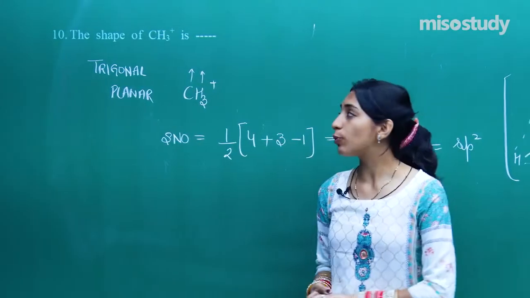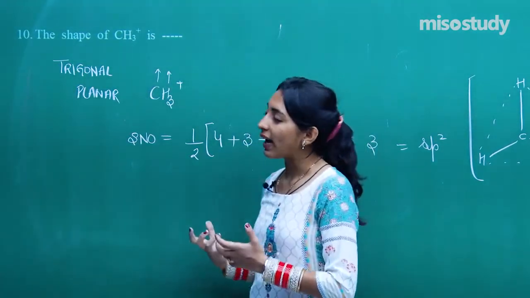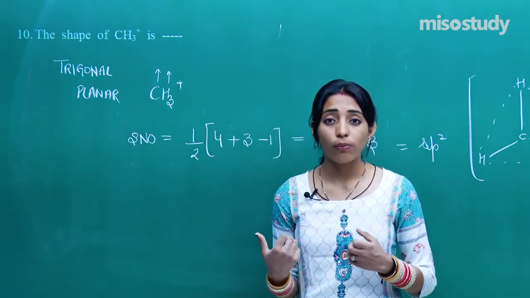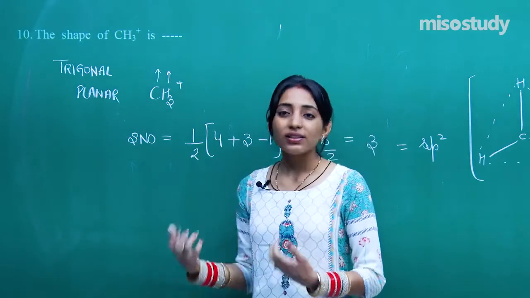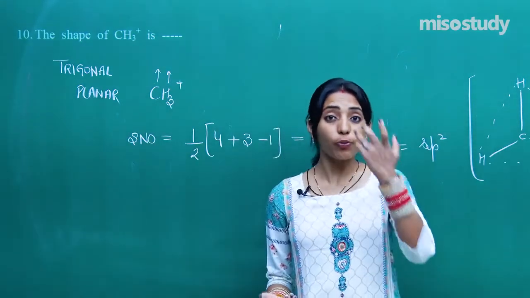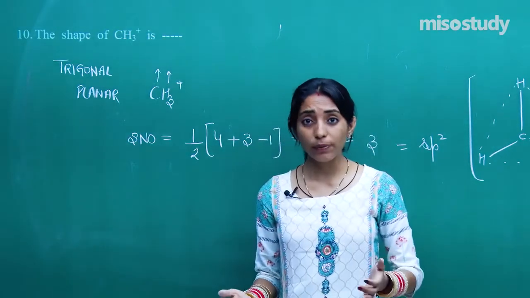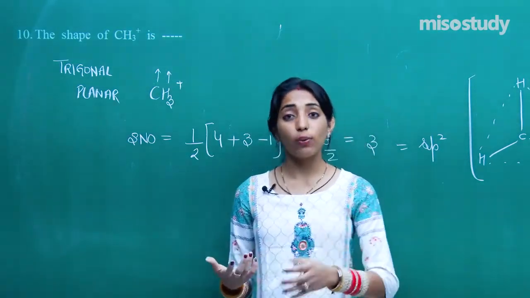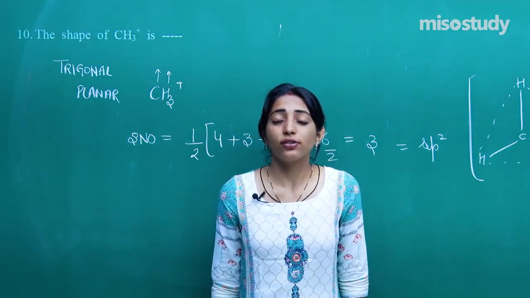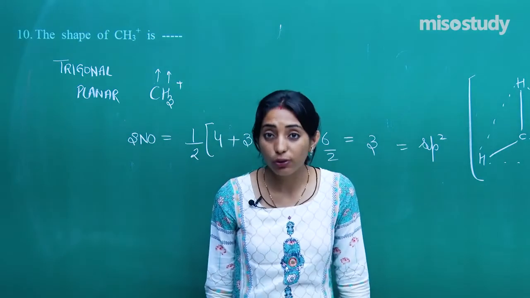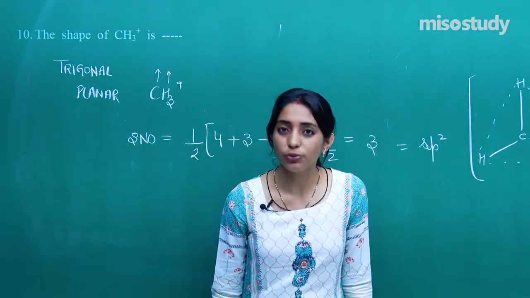So guys, these were all the 10 different questions which I had taken basically from the NEET pattern exercises. Okay? But this is not enough. I really want you to practice a few more questions from the previous year NEET papers and the other sample papers which are available for this particular chapter, chemical bonding. Since this chapter, chemical bonding, is really an important chapter and it's scoring also, so make sure you practice as many questions as you can.